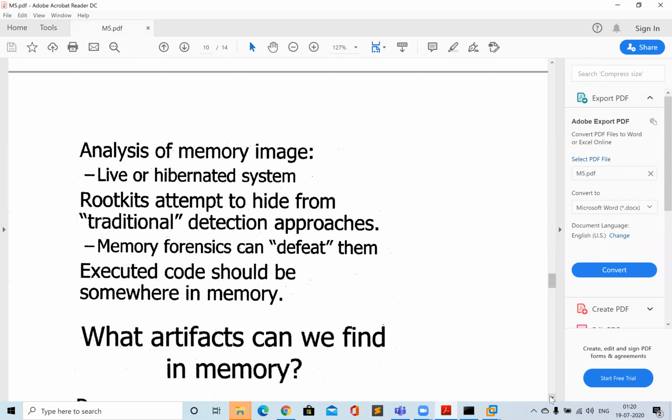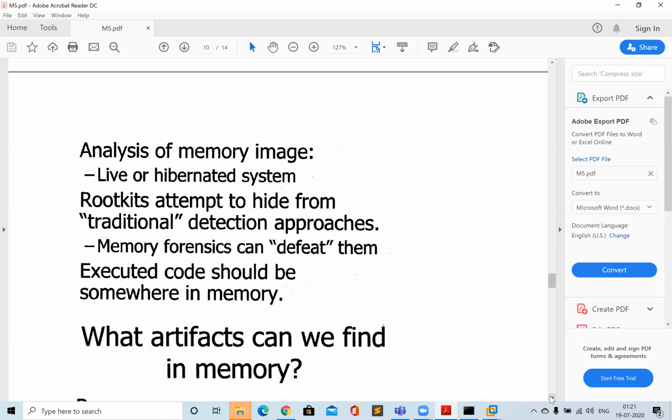So when we talk about memory, we have to access the RAM memory, and there are two ways you can do that. One way, which clicked in my mind when I was working on memory forensics, was that there are a lot of software tools that can capture the RAM memory for you. But most of them are quite costly, or sometimes won't work. For example, there is a software called Belkasoft RAM Capture. You can just download that and run it on the suspicious system, and it will capture the RAM memory and give it to you.